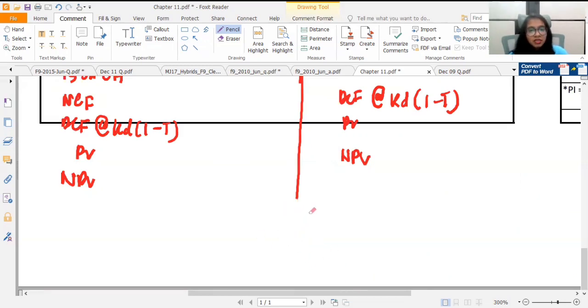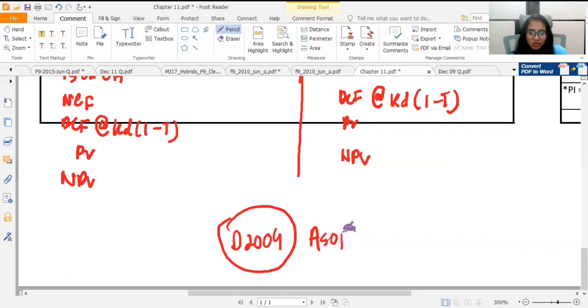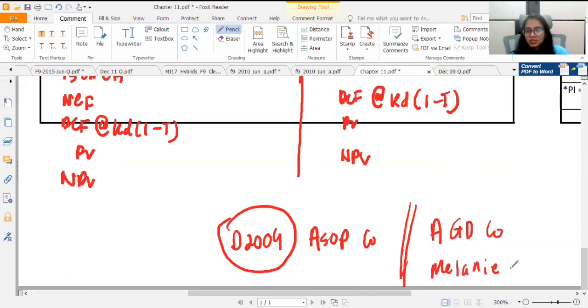The question that I'm doing is the December 2009 question. So just now you see I opened it, in the beginning of the class, December 2009. I will do this question as SOPCO, from your revision kit. I'm not sure which version of the revision kit that you're using. You may have one question called AGDCO, and another question that you can try will be Melanie Co. So Melanie is like the most recent question. Don't worry, these questions I will do together with you during the tutorial session, but let's focus on